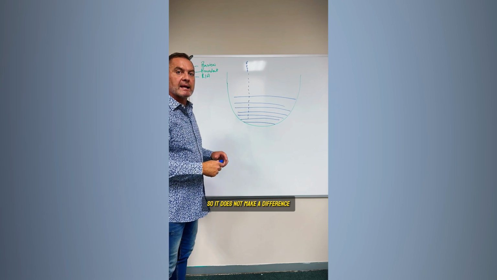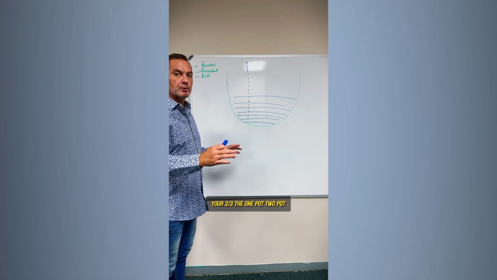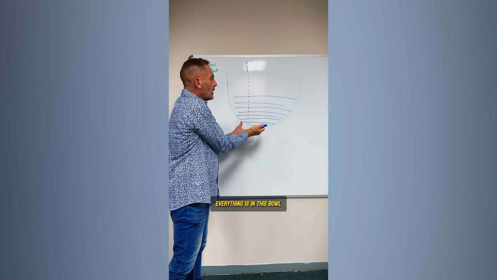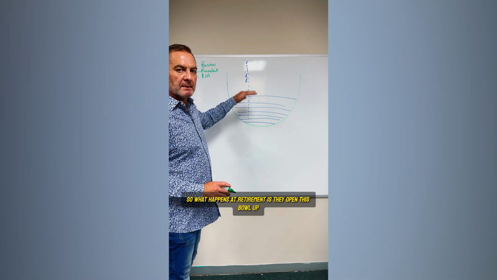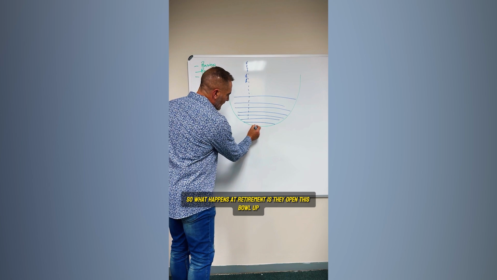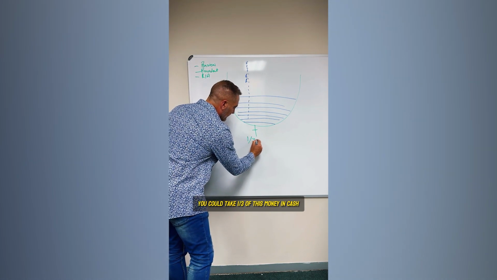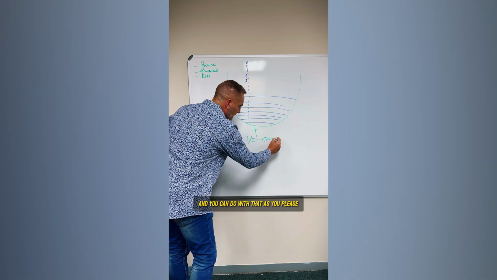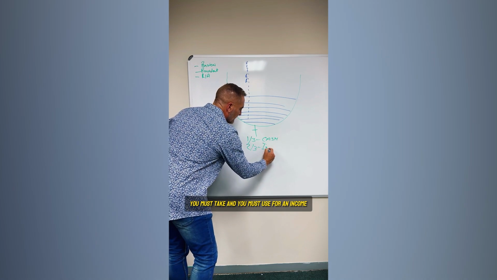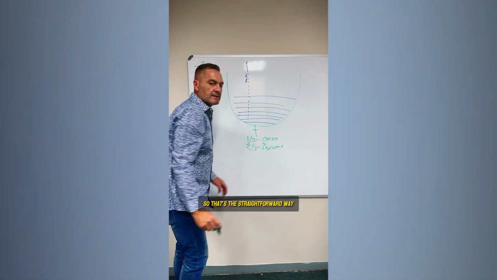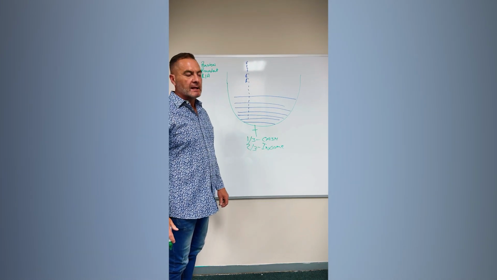So it does not make a difference whether we are talking about your 1/3, your 2/3, the one pot, the two pot, everything is in this bowl. Everything is part of your pension money. So now your funds keep on growing and eventually get to retirement. So what happens at retirement is they open this bowl up. It's like a little tap that they open up. And they say to you, okay, you can take 1/3 of this money in cash. You can do with that as you please, and the other 2/3 you must take and you must use for an income. So that's the straightforward way that all pension funds have always worked in the past,